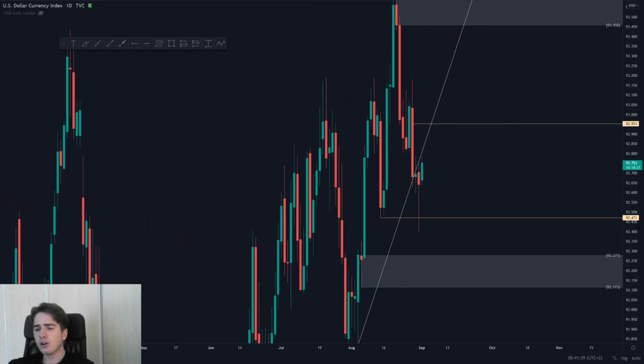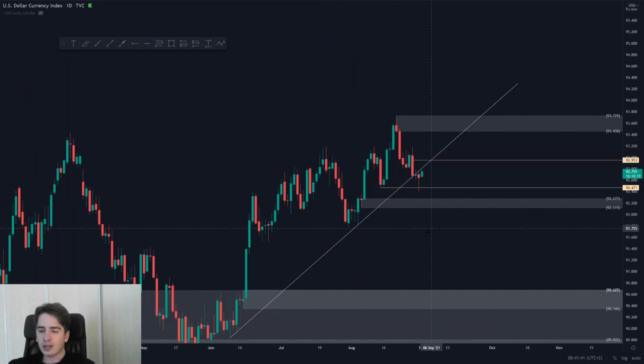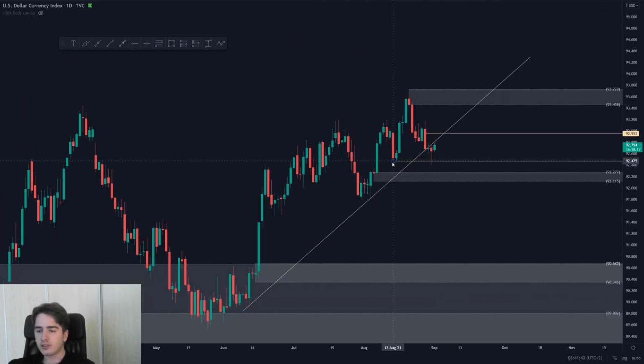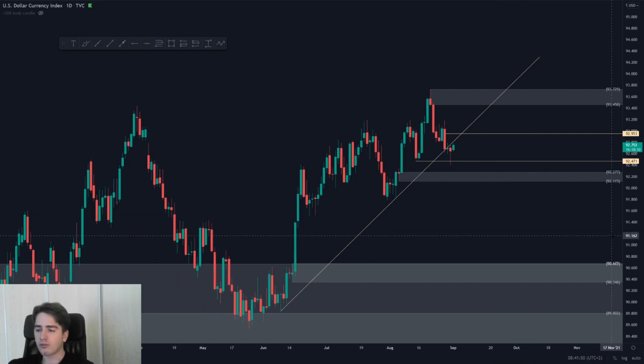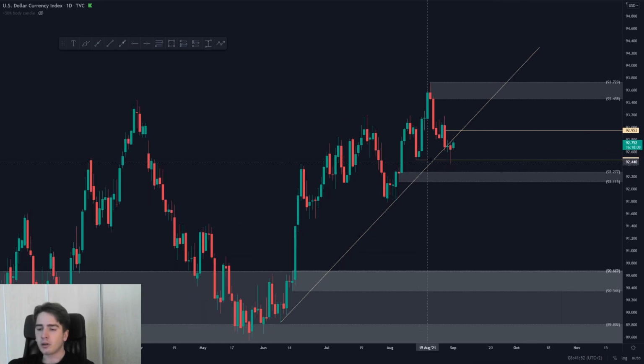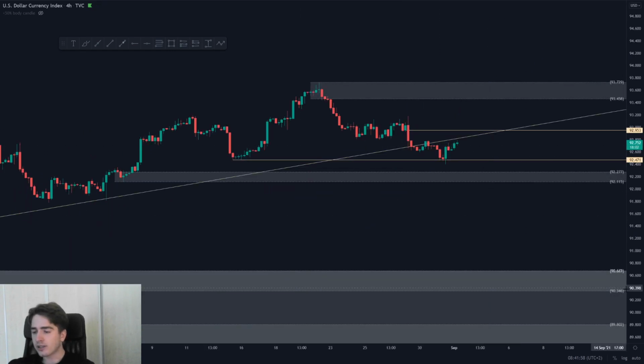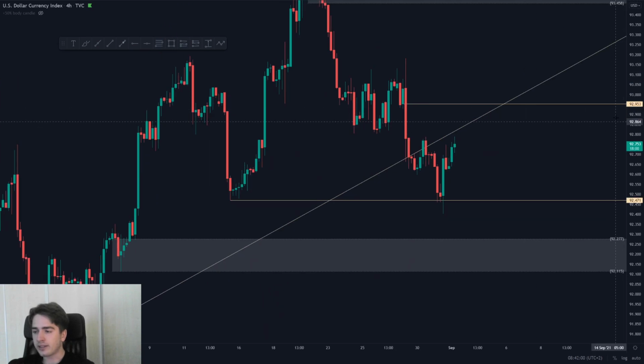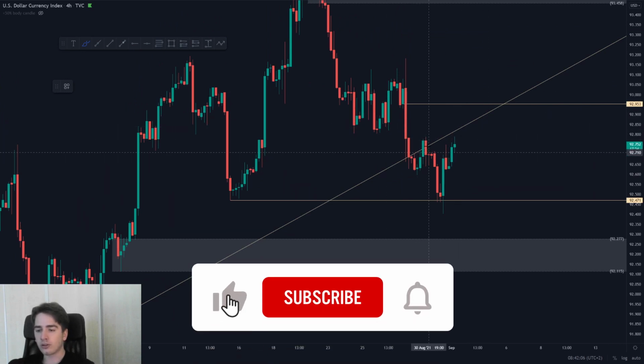Looking at the daily, of course, we are still essentially bullish because we have still respected this low. We just wicked below it, but we haven't really seen a close below it, which is preferable for a trend switch. So at the moment, just a double bottom at the swing low, and the dollar index could move up higher from here. So looking at the 4 hour, just wait until the dollar index reaches 92.953, and if we then see rejection, we could see a nice short on the dollar index.